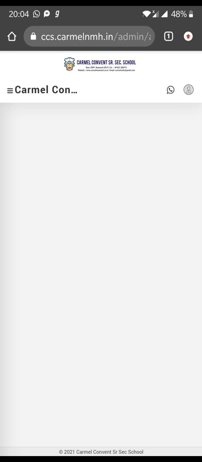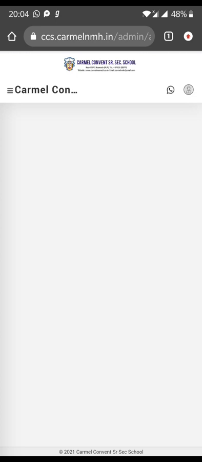User ID is your school email ID, like tarun@carmelnmh.in. Then the password is whatever password is given to you by school management, which you can type there, and you will get this page. So your login ID is your email ID of the Carmel domain and the password is as you have set or as given by the school management, which all of you know.